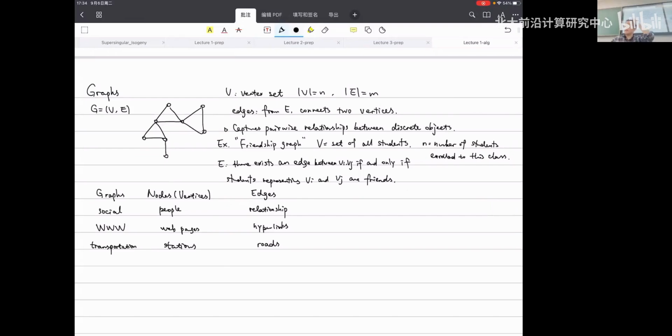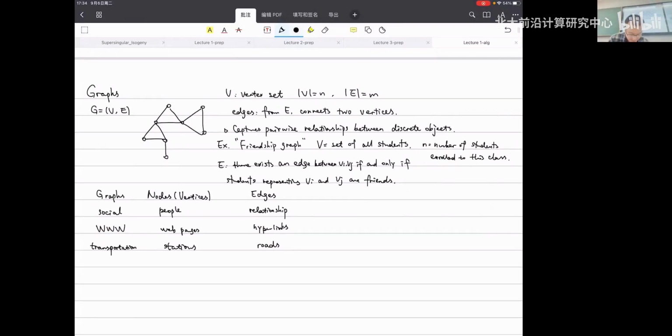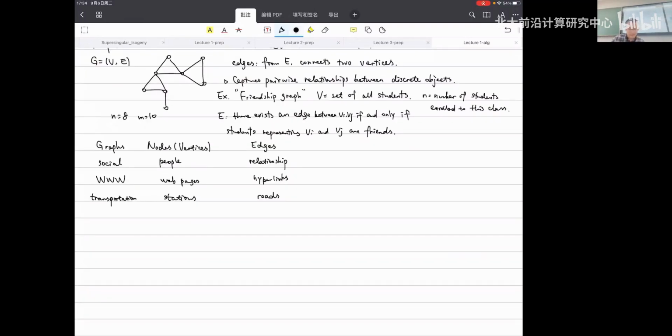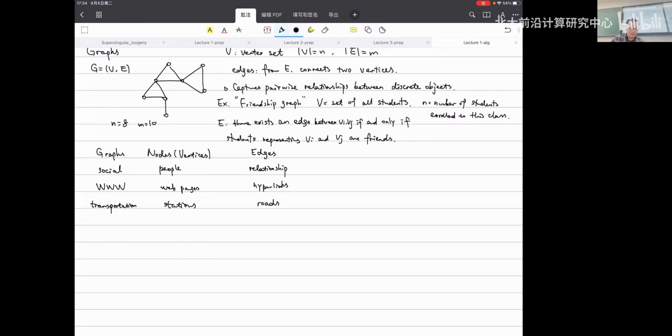I think it is very important that in graphs, we want to be careful about the two parameters, the number of vertices n and the number of edges m. So for instance, let's take a close look at this graph, the left-hand side here. What is the number of vertices here? Yes, exactly. And what is the number of edges here? I guess we have 10 edges here because we have three triangles and a separate edge. So m here equals 10. So here you see we have these nodes and edges.